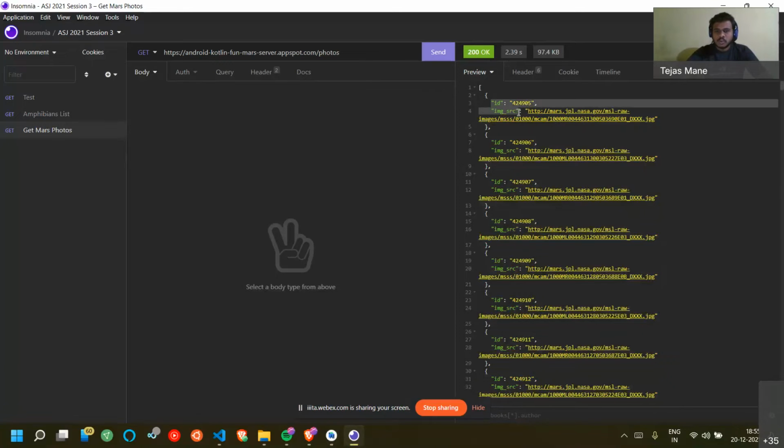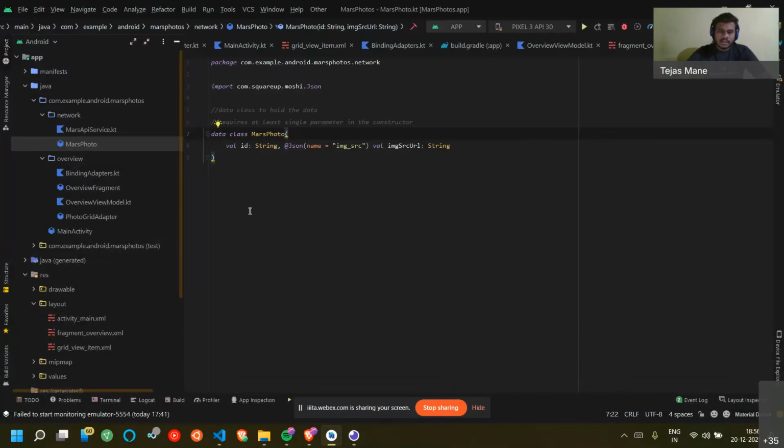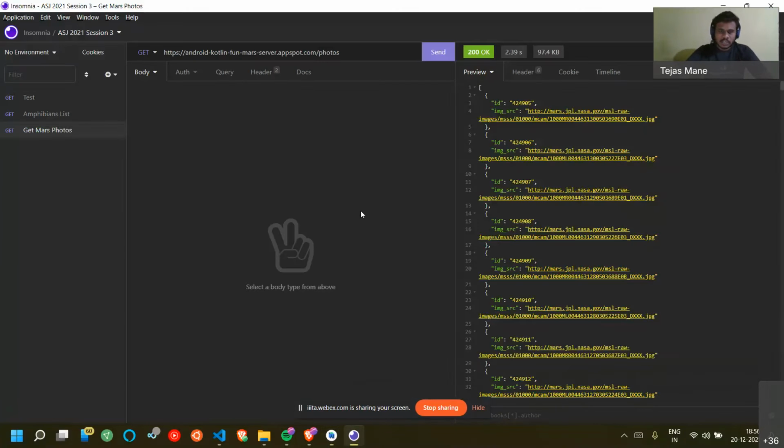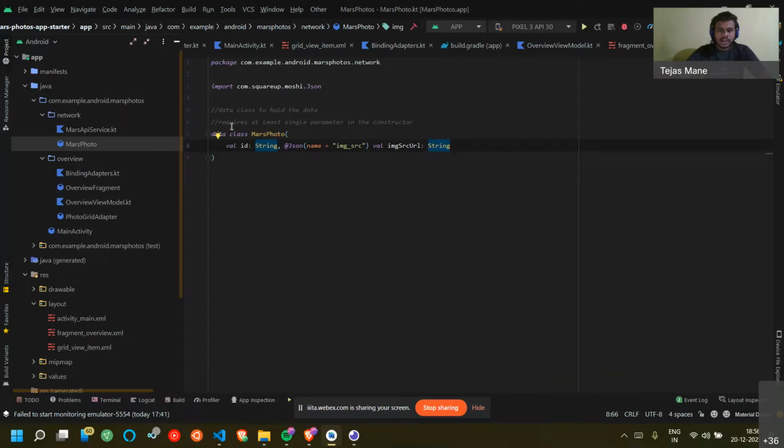So these two parameters are declared in the Mars photo object. The main advantage of using these softwares is you will get to know about the response of API, and you can define your classes accordingly. So here we have defined a string called image URL and ID.